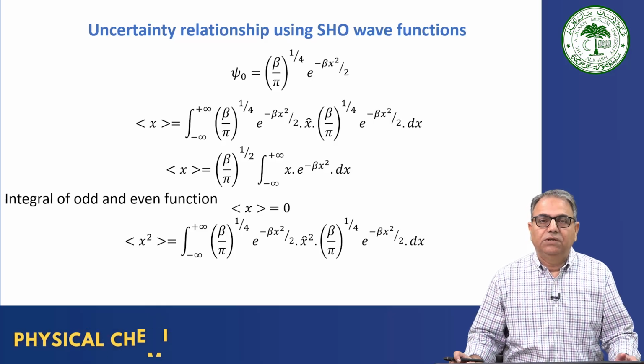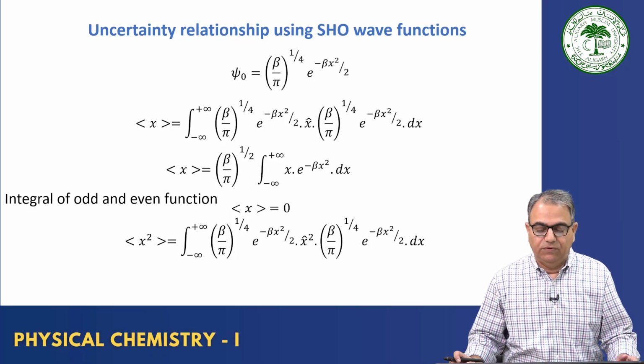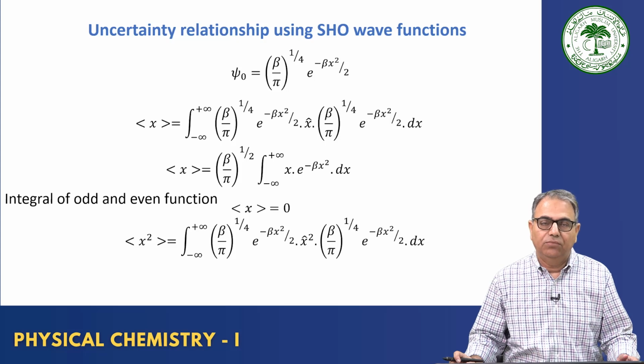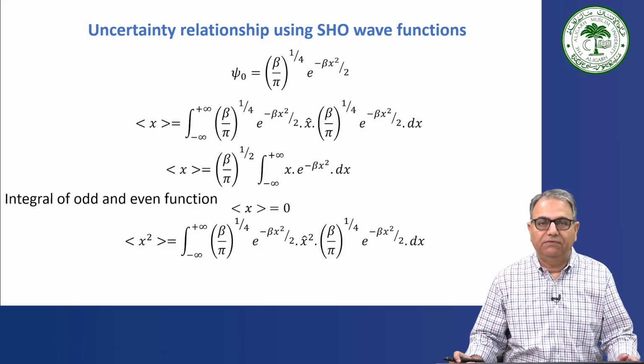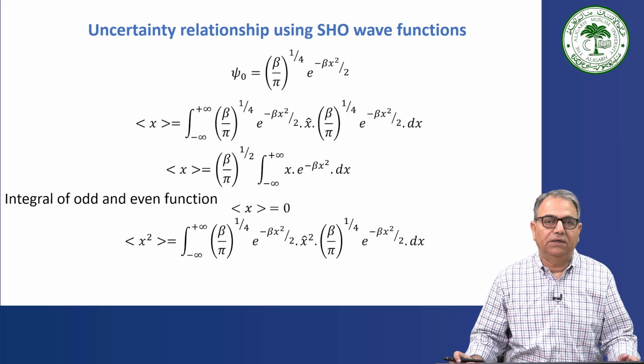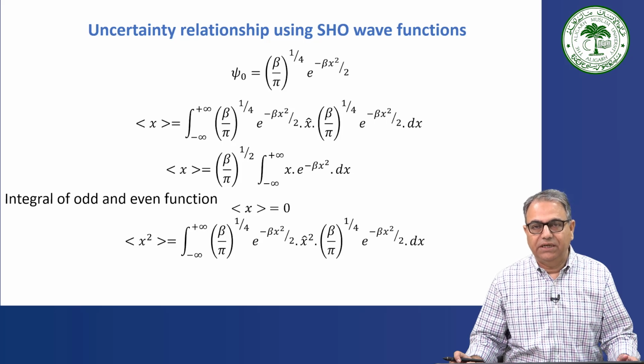So in the previous modules on the Schrodinger wave equation for the simple harmonic oscillator, we talked about how to derive eigenvalues and eigenfunctions for the simple harmonic oscillator, both using a ladder operator as well as the power series method. So we do have with us the different eigenfunctions and different eigenvalues for the simple harmonic oscillator. Now in this particular module, we are going to use those relationships, meaning eigenfunctions and eigenvalues, to establish some of